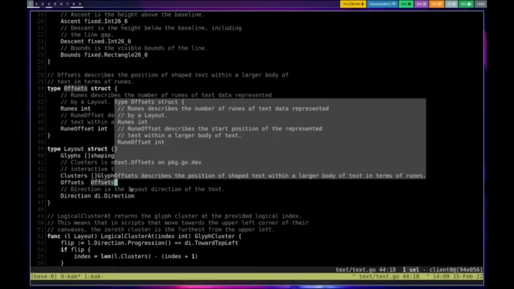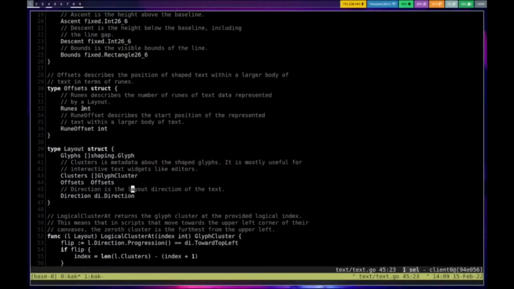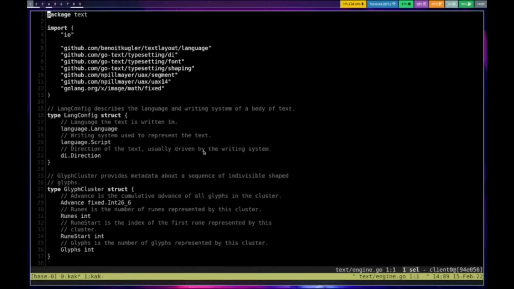Offsets tells us about where within the overall document of text that was shaped we are, in terms of both runes and the offset of those runes. And then, of course, direction. So if we look at the engine,